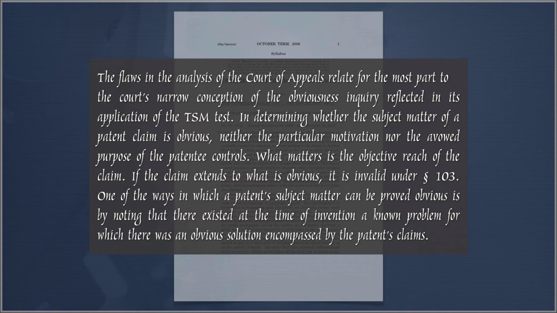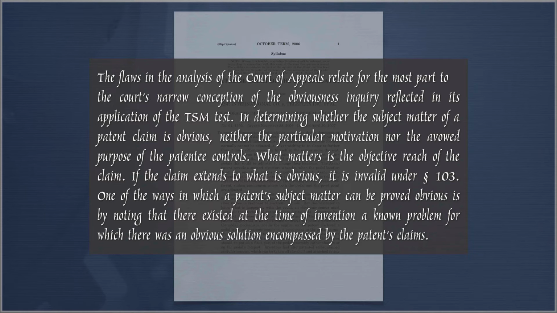Because it's not even, I mean, when the analytic framework includes the word obviousness in it, then it's not helping you very much, right? In order to determine whether you meet the KSR test, you actually have to decide whether it was an obvious solution encompassed in the claims, which means you're just going in circles, right? In order to determine whether it's obvious or not, you have to determine whether it's obvious or not. So in my view, this is not advancing the ball very much, and nor does this paragraph, to me, make it sound like the Supreme Court actually knows all that much about what it's talking about when it comes to